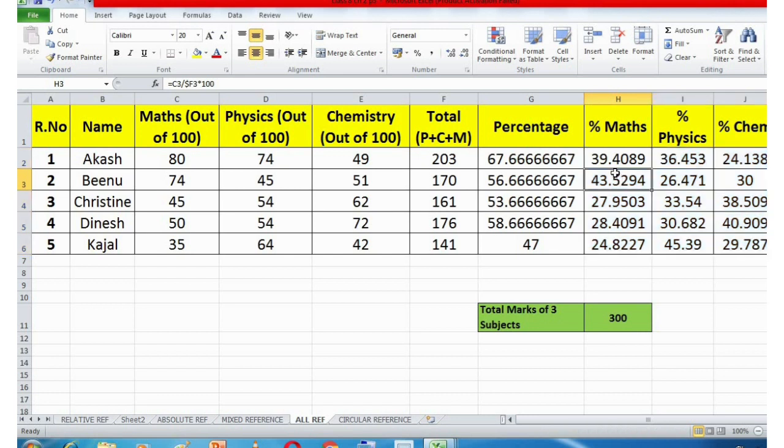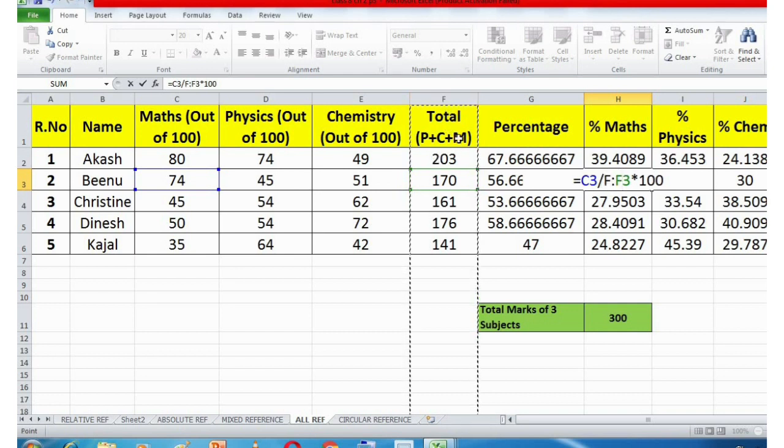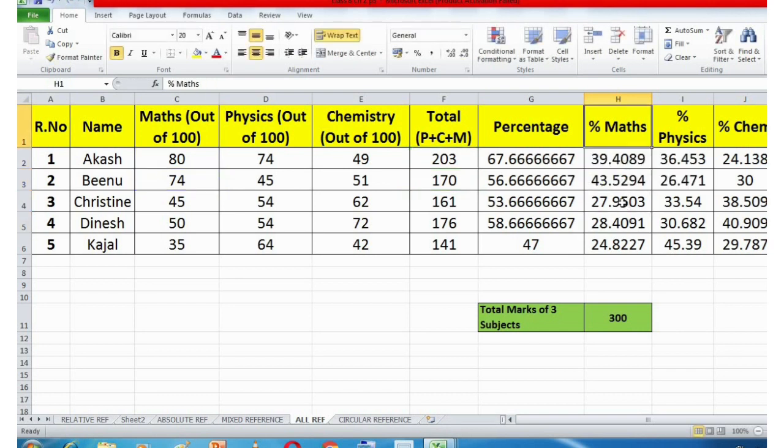Why? Because see, in this formula, F is common. This F is common for everyone. This column F is common, but over here, look, this is 2, this is 3, this is 4, this is 5, this is 6.